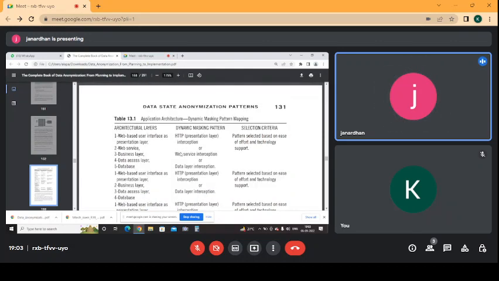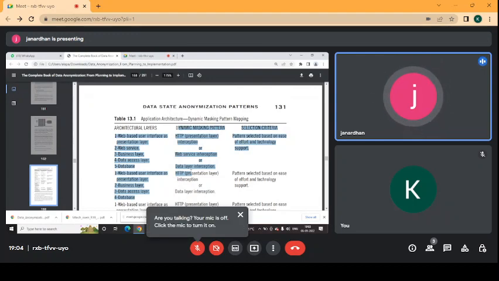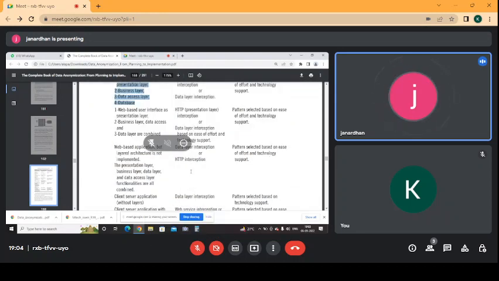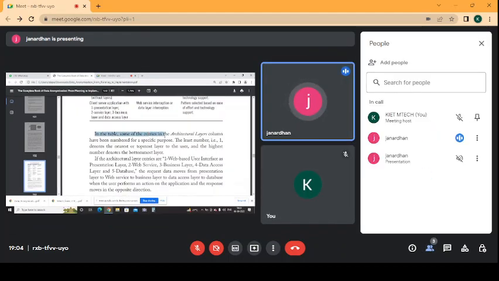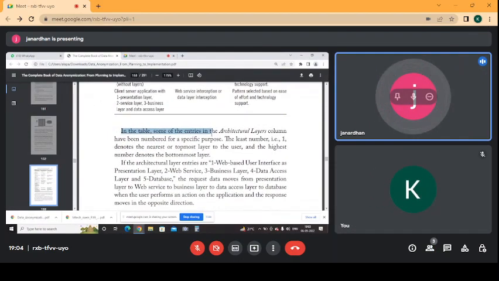Coming to dynamic masking patterns: HTTP interaction, web service interactions, data layer interaction, HTTP presentation layer interception. The pattern is selected based on ease of effort and technology supported by the system. In the table, some of the entries in the architectural layers column have